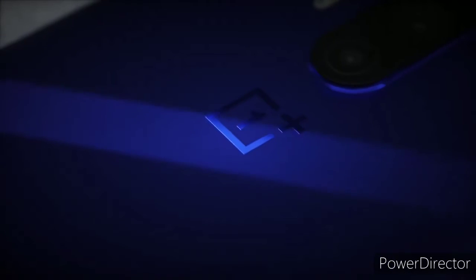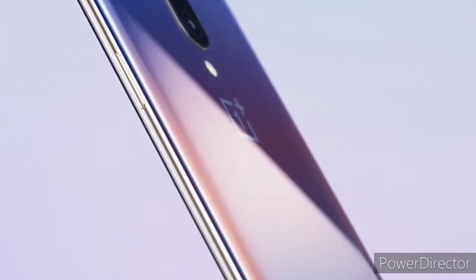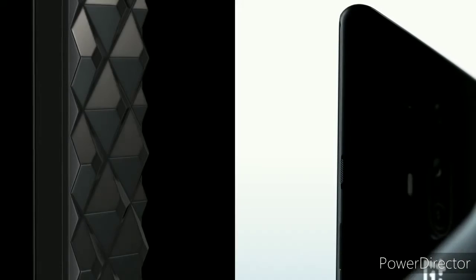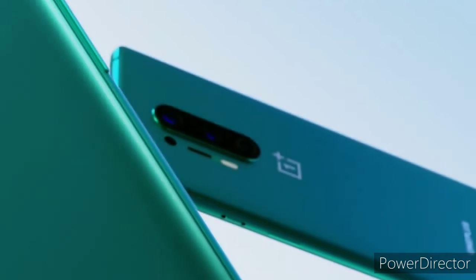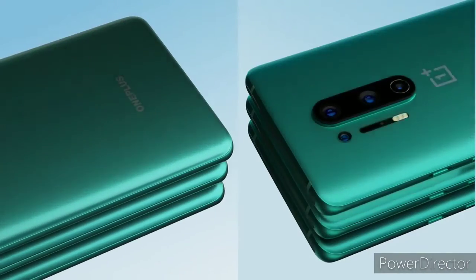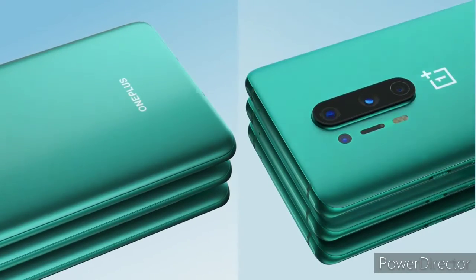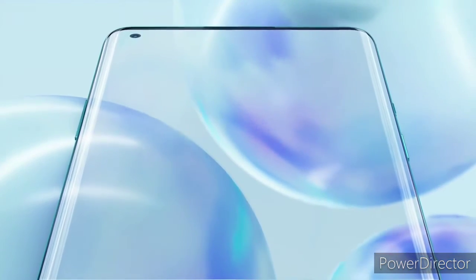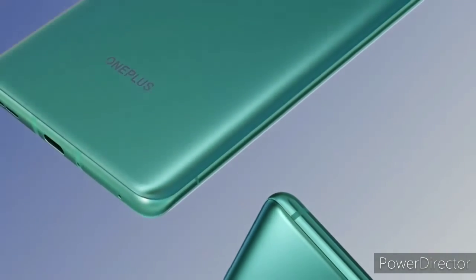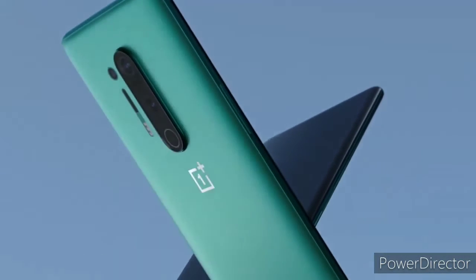8. OnePlus 8 Pro. For high-end consumers, OnePlus has quickly become the preferred option, as the brand rolls out its flagship model every year to cater to the premium segment. This year, OnePlus unveiled the OnePlus 8 series, with OnePlus 8 Pro being its latest flagship smartphone. The smartphone is powered by the latest Qualcomm Snapdragon 865 SoC, and boasts an 8GB RAM, providing a seamless, lag-free user experience,